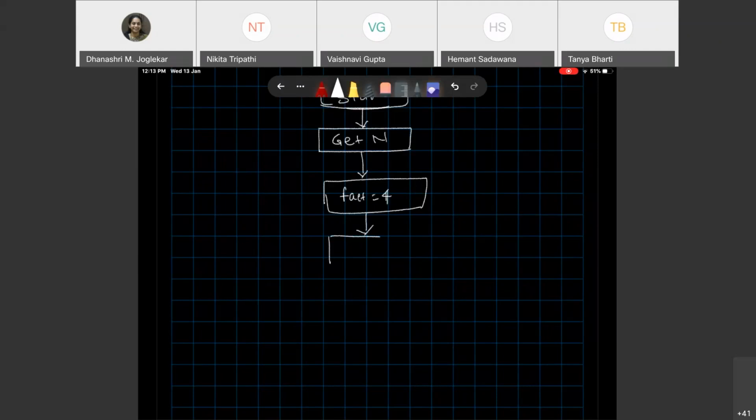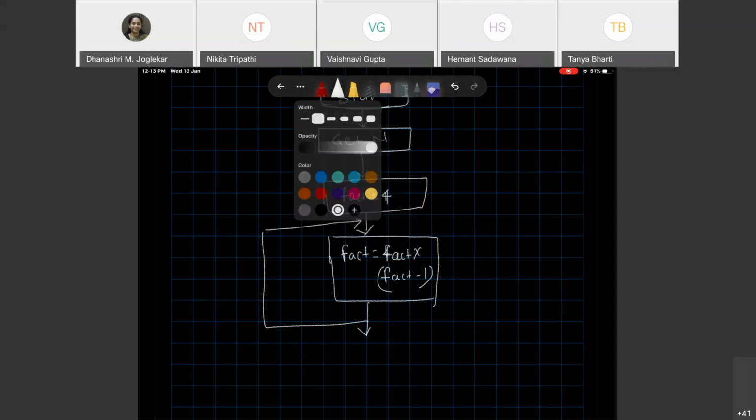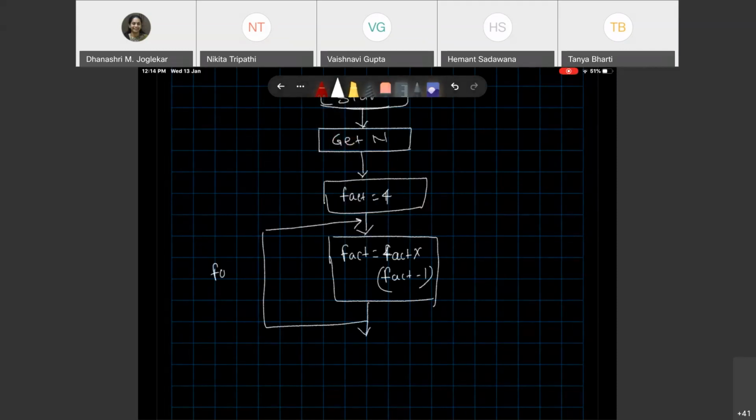Then I'll write it this way: fact, which is the factorial of that number, is equal to fact itself multiplied by fact minus 1. Keep carrying out this activity until fact is greater than or equal to 1.